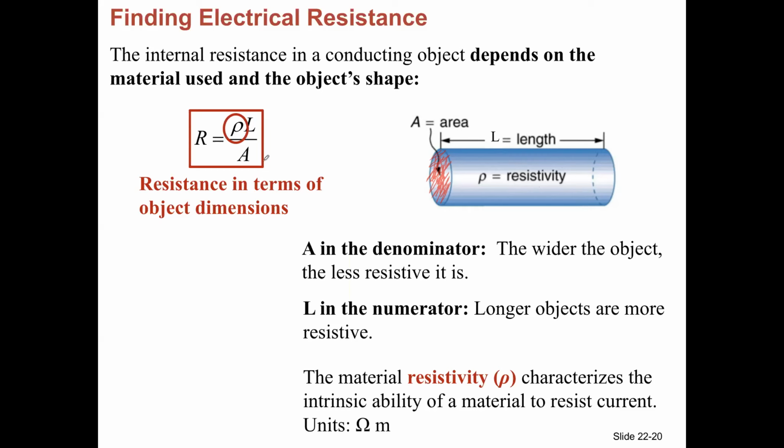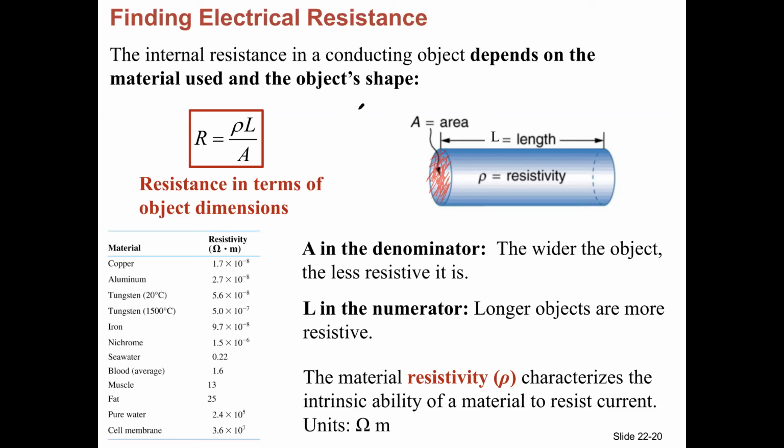This last number here, the Greek letter rho, is an experimental material property. It measures just how intrinsically conductive or resistive a material is. We call this quantity in physics the material resistivity. And it just depends on really what your wire is made out of. So it's, again, a material constant. Kind of some values here. Materials that are known to be really good electrical conductors, like